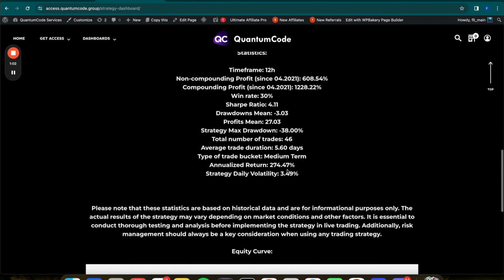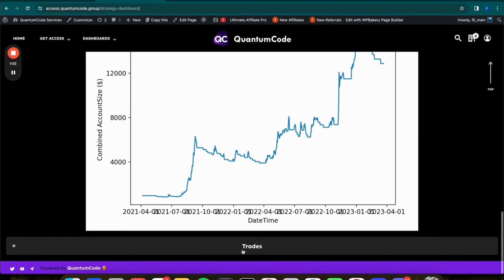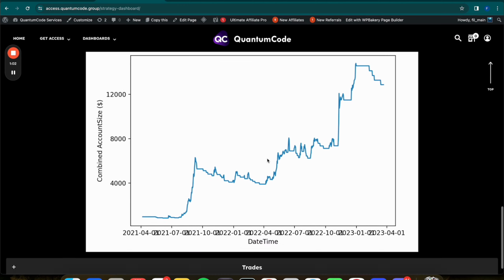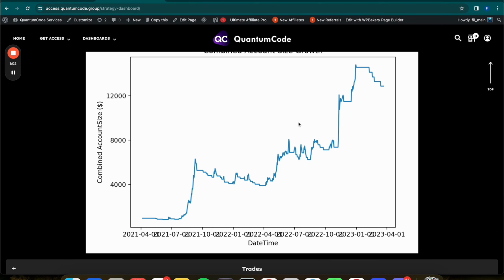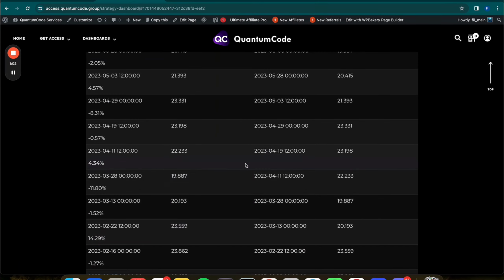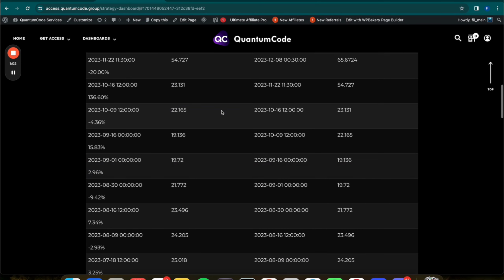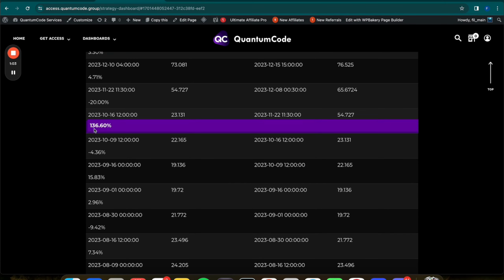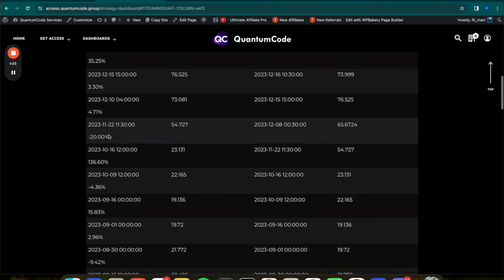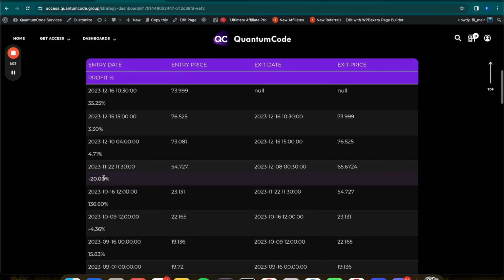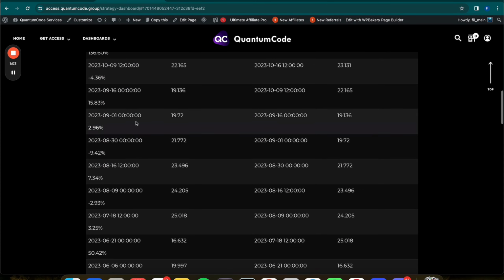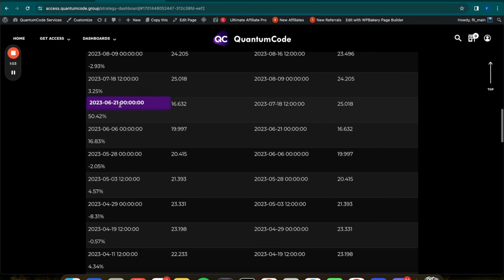So this is a completely different strategy than a trend reversal strategy, for example, right? And you can see the graphs as well, which are live trading graphs from our performance. That's why it doesn't look that pretty, because it's literally just generated by our system. And then you can look at the trades and the performances of these trades, and the percentage. So here, October 16th, 136%, right? It has a hard stop loss at 20%, so you cannot have a larger loss than 20%.